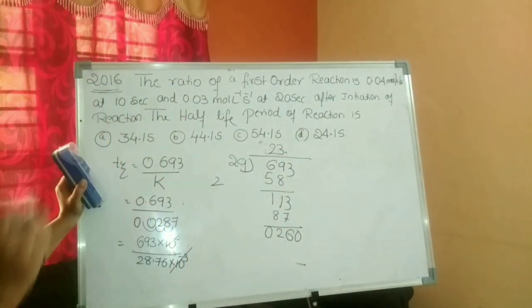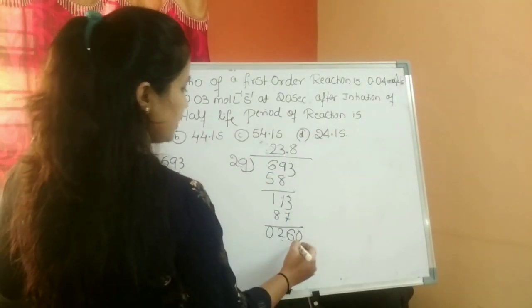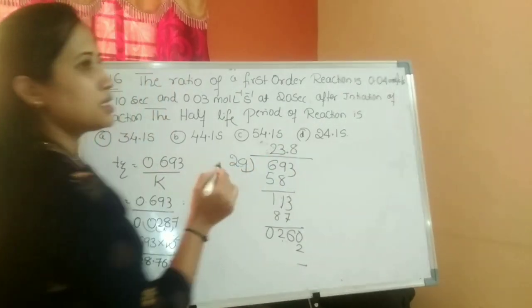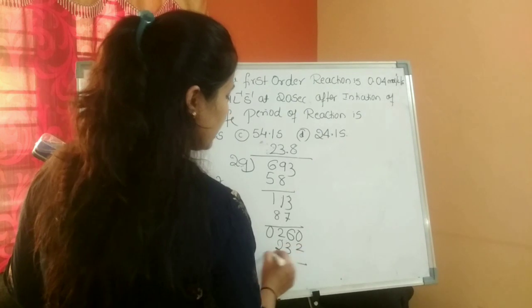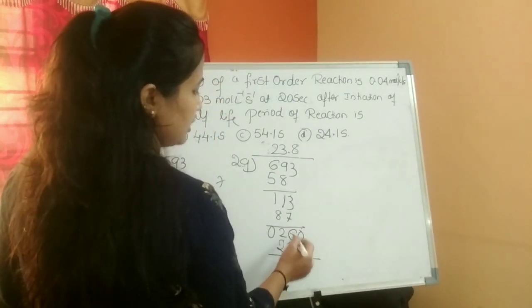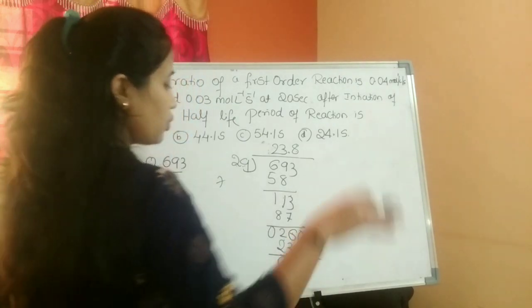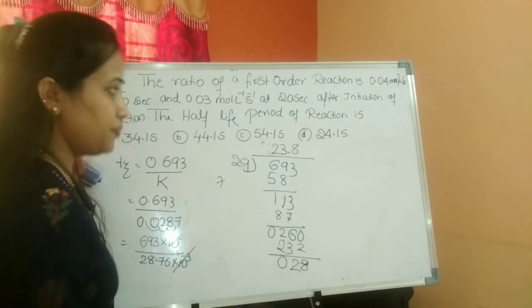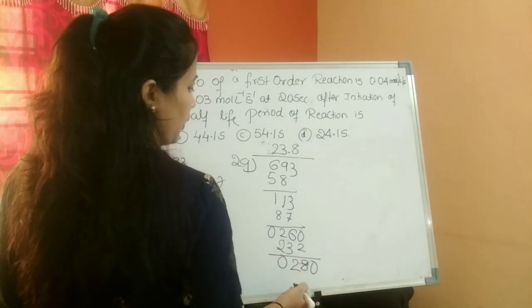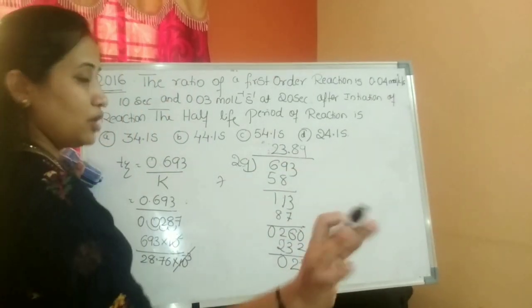260 means almost less than. We can do 29 eights are around. So 9 eights are 72, 2 over here, 7. 8 twos are 16, 16 plus 7 means around 23. So nearer answer we are going to get. So 10 minus 2, 8. And here 5 minus 3, 2, we are going to get 0. What happens, this will continue. 280 again we can put a 0 over here. So 29 I can do for 9s or something we are going to get. I am not going to do further.